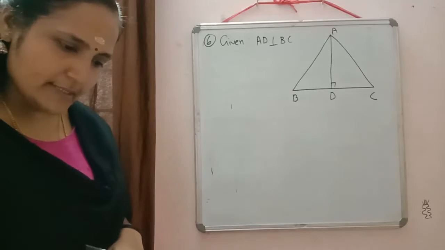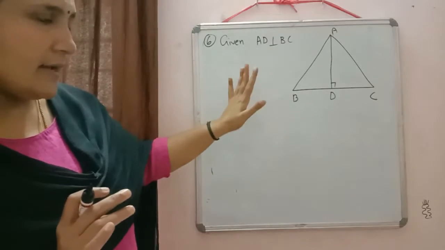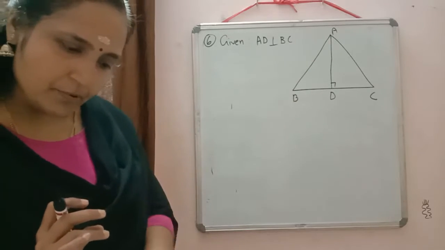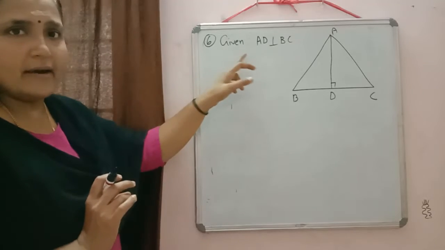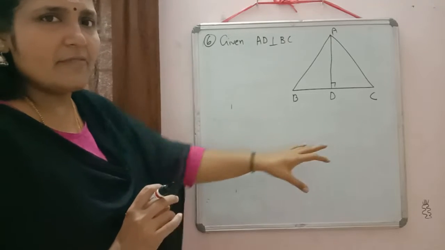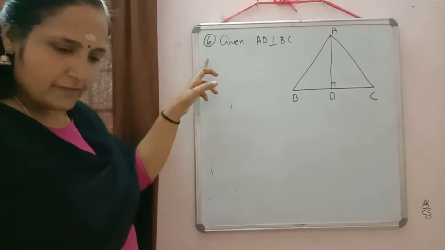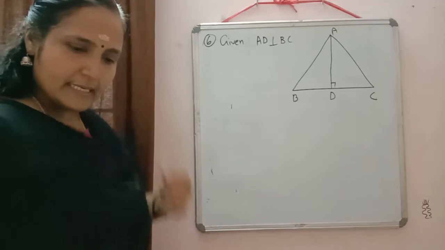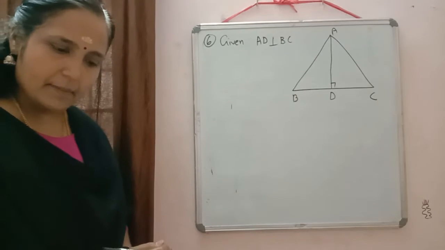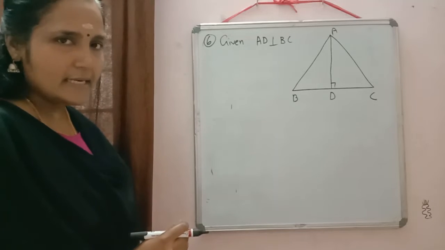Now all of you can check in this question also. It's not given it is an equilateral triangle. In triangle ABC, AD perpendicular to BC is given. And prove that already it is written. So you just write down after given what we have to prove. I am not writing here because I will not get sufficient space to write. So you just write down there to prove. First one is AB square plus CD square is equal to AC square plus BD square. And second one is AB square minus BD square is equal to AC square minus CD square.